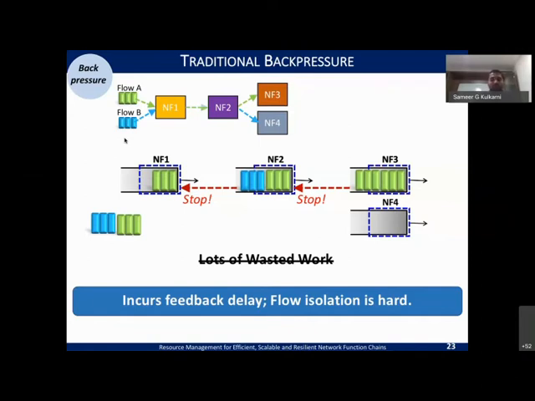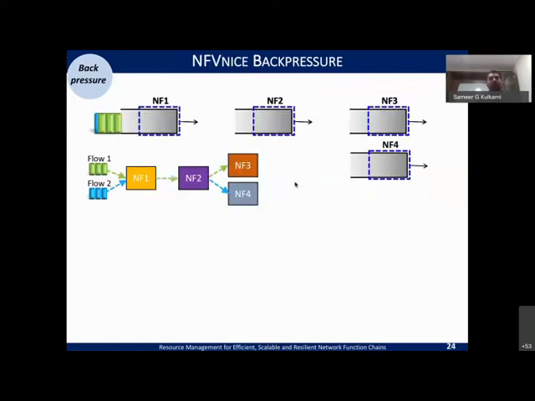And also, like we said, we have to give a feedback. That means over the network, when you try to give the feedback, there is always a good amount of delay. And if you are on the same CPU and you are trying to have some notification scheme, then every time you have to swap the context switch and then get these updates, right? So either way, there is a feedback delay and this isolation becomes hard. So what we try to do is modify this to suit the NFV requirements.